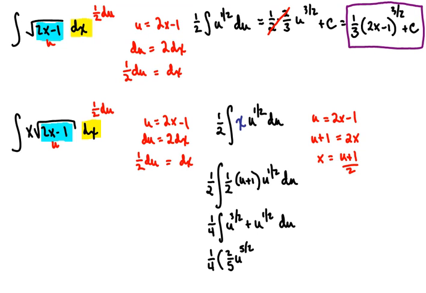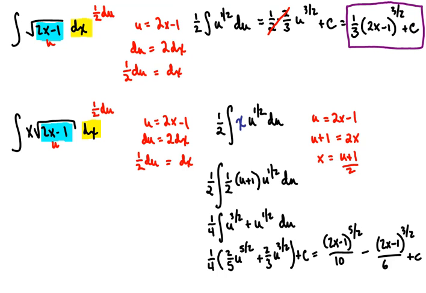And they are all powers of u. And when I integrate the first term, I'm going to get 2/5 u to the 5/2. The second term, I'll get 2/3 u to the 3/2. And with the first term, I'll get (2x minus 1) to the 5/2 over 10, and (2x minus 1) to the 3/2 over 6 plus